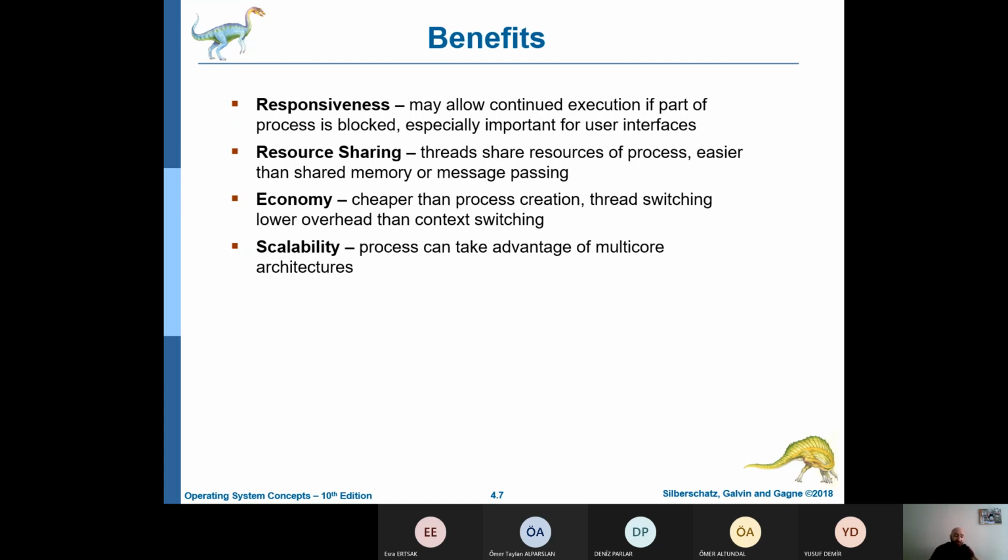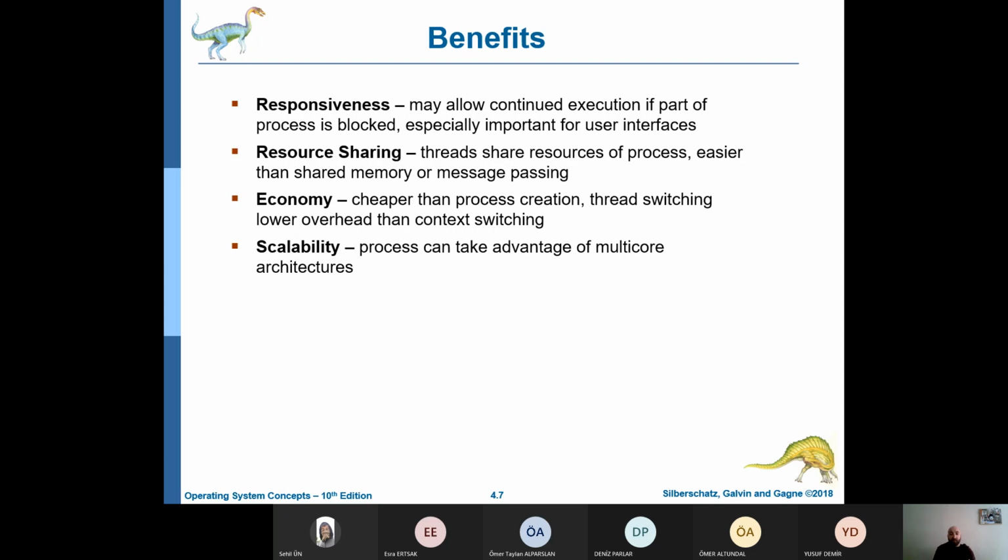Core ne demek bizim için? Bu task'leri yerine getirmemizi sağlayan processing unit demek. Dolayısıyla bu farklı processing unitlerden faydalanabiliyor olmamız için, bir paralelizm mekanizması yaratabilmemiz için neye ihtiyacımız var? Farklı threadler olmasına ihtiyacımız var. Bir proses tek bir threadse ne olabilir?